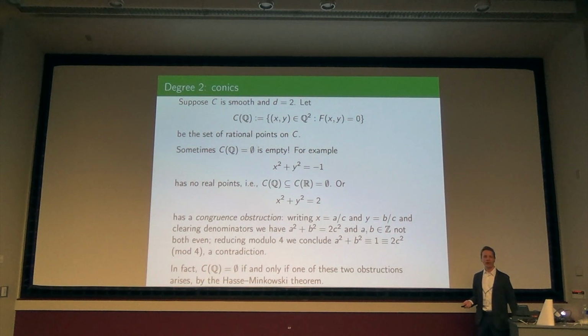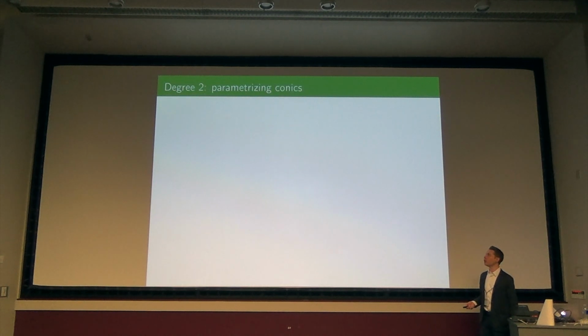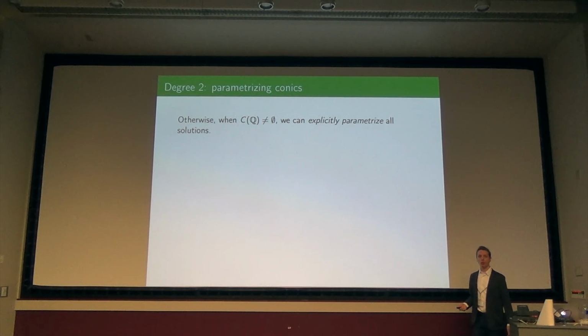Okay, so what do you do if there is a solution? Maybe we want more. And actually, we can do more. We can explicitly parameterize all solutions. I'm not going to tell you, here's one solution. I'm going to say, here are all of the solutions to the equation. I have to describe what that means. We call that parameterizing the solutions: here's a way of generating each and every solution.